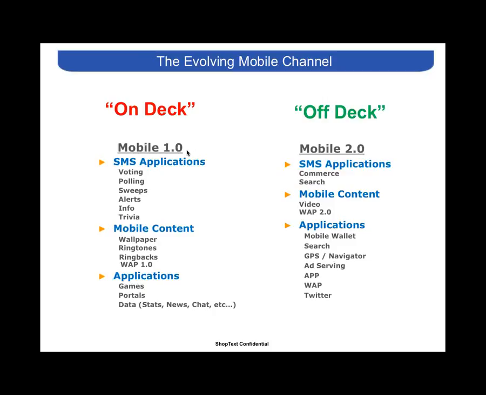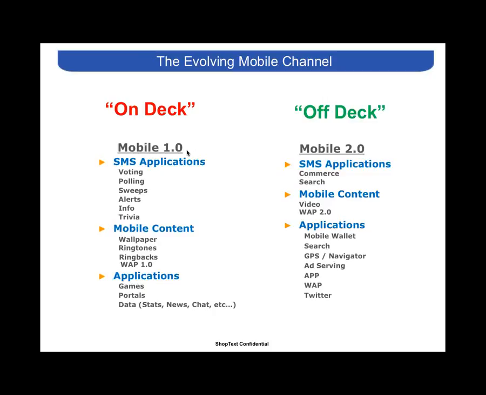But that kind of approach can cause you to miss out on some of the opportunities that are out there. As mobile has evolved, the initial mobile promotions were all around voting, like American Idol, or sweepstakes where at the end, the carrier or aggregator or your mobile partner says, here's the one person you can contact who's the winner, and you've missed out on a ton of opportunities to engage and capture data. Mobile content around ringtones and wallpapers, and anything to do with mobile commerce, was about charging your mobile phone bill. Verizon would charge you for those ringtones and wallpapers and games.